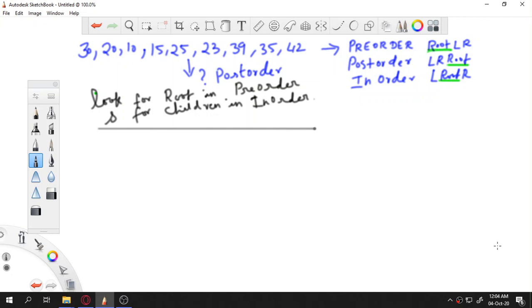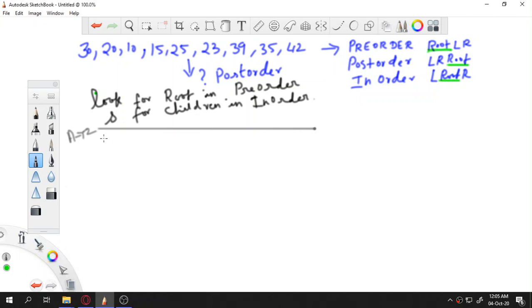So initially, the first step is to arrange the given numbers in ascending order. The given numbers are in pre-order, and when they are arranged in ascending order they become the in-order. So you just have to arrange the numbers in ascending order. That is the first step, A to Z. So let us arrange and write.